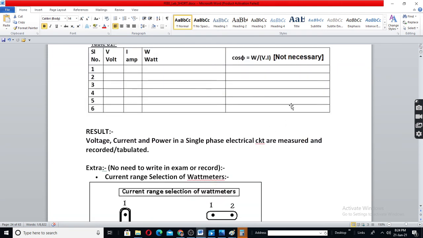So the actual value of cos phi should be 0.95 to 0.99. But due to errors in the meter, that value may go a little bit more than 0.99 or a little bit lesser than 0.95. So you may get values between 0.8 to 1.2, whatever it is.